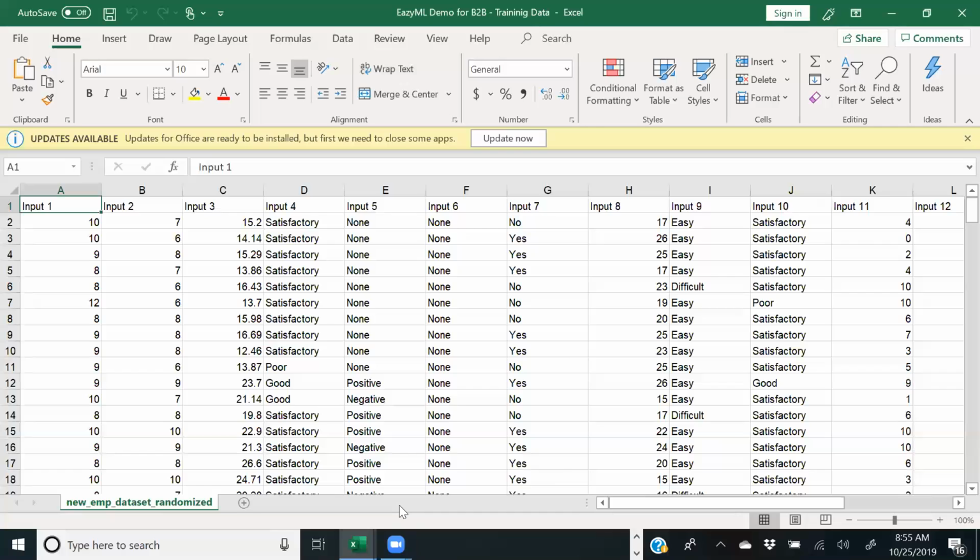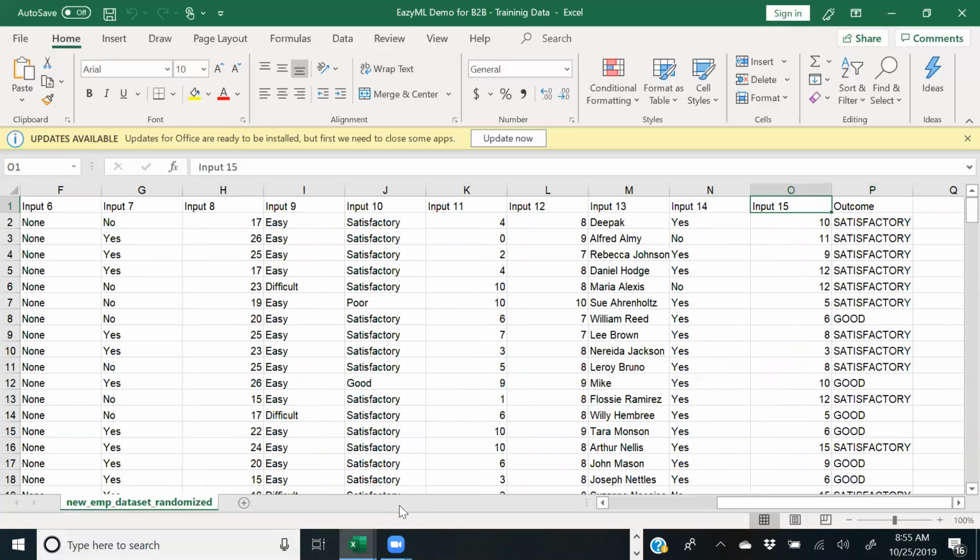Obviously, you have the descriptive names of these predictors here. They mean something to you. We don't know them, so we've assigned generic names to these predictors or input variables. Input 1, input 2, input 3, input 4, input 5, and so on and so forth.